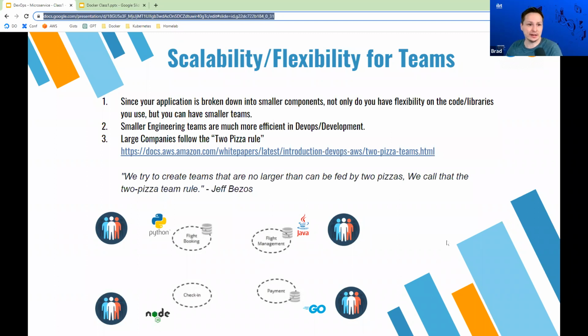People eat 2 to 3 slices, so a team should be around 5 people, right? And this is actually a quote from Jeff Bezos, the founder of Amazon. So they try to create teams no larger than can be fed by two pizzas, and we call it the two pizza team rule. So in DevOps and development, we really like small teams, which are a lot more agile and just a lot more efficient.